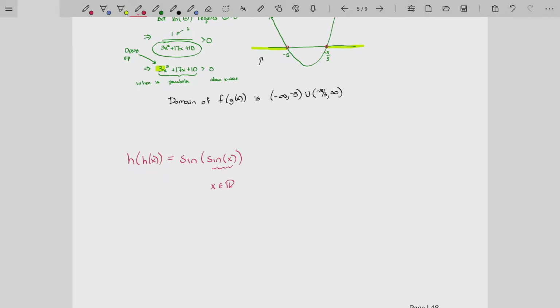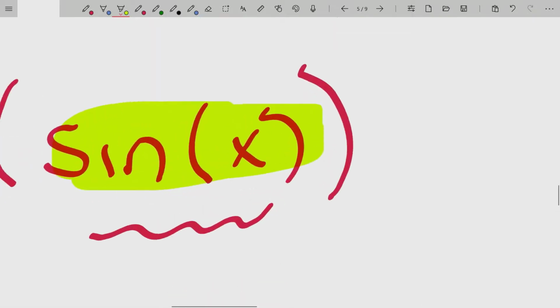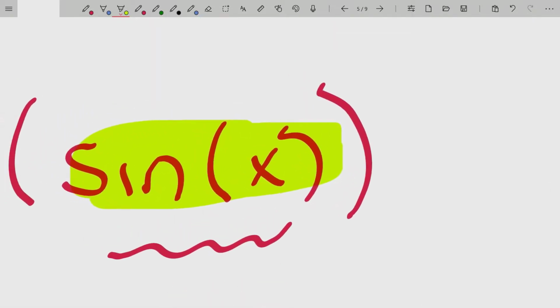And then the outputs for the sine function just vary from -1 to 1, which are fine to plug into a sine function. So again, I can plug any real number into this innermost parenthesis because the sine can take on any